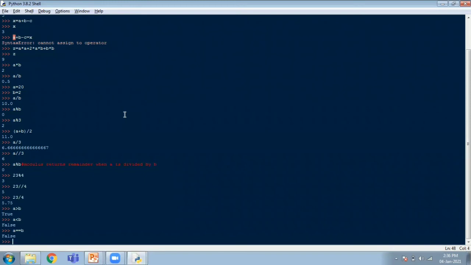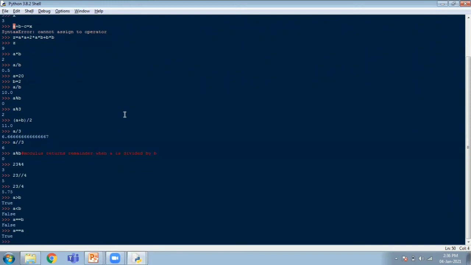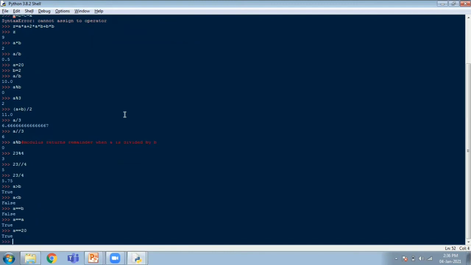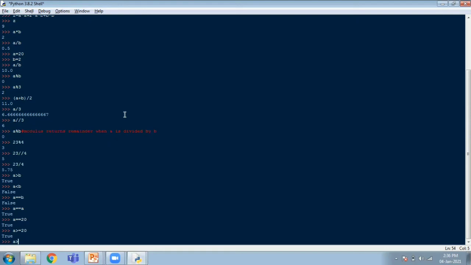Right? Is A equal to B? Is A equal to A? True. Is A equal to 20? True. Right? You can compare with a value also. Understood? Similarly, you can check, is A greater than or equal to 20? True. Greater than or equal to. Is it either greater than or equal to 20? Yes. So can I give A greater than or equal to 21? False. Similarly, B, is it less than or equal to 2? Yes. Either less than should be true or equal to should be true in this case. So it's equal to 2. Whereas if you give B less than 2, it will return false.